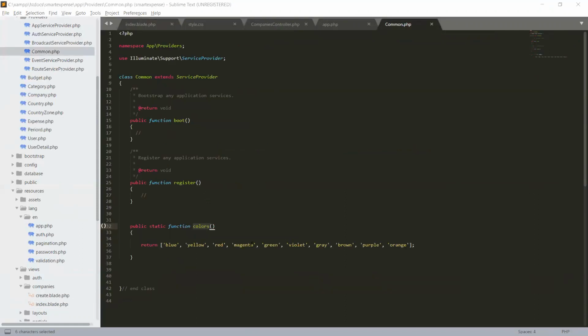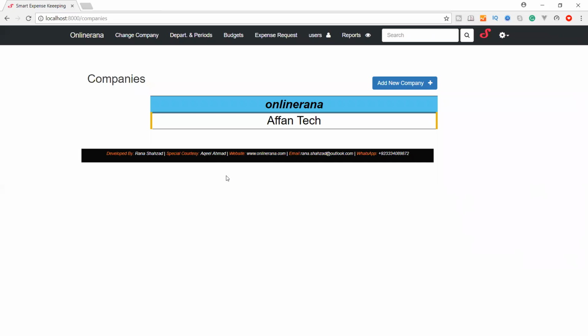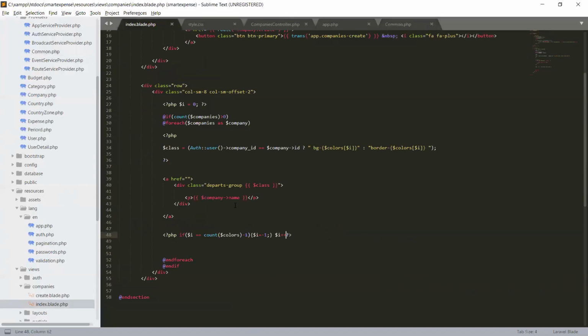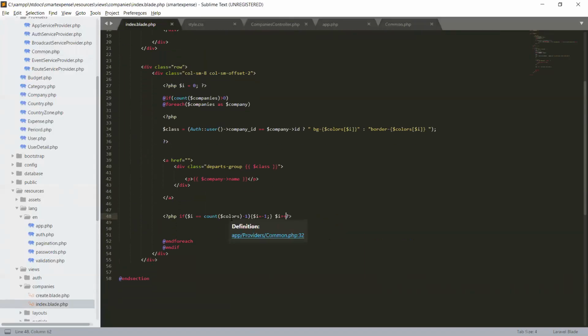So how can we change the color of the 10th company, if there is a 10th company? We can change it only by giving this. If count of colors -1 makes the condition true, then when it comes to 0, it makes I to -1, and then it will increment the I, and I will start again from 0 onward.